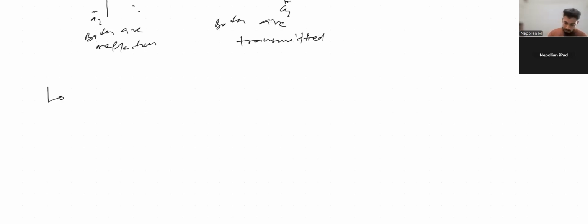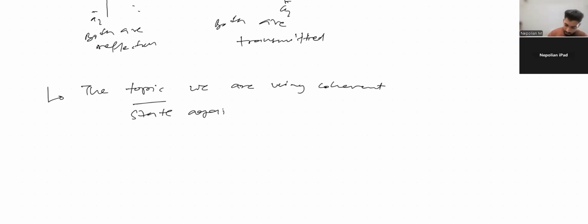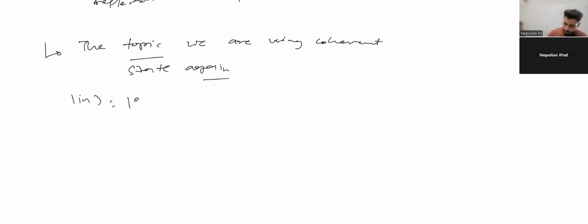Okay, so I'm going to discuss the last point. The last topic is that we are using a coherent state again. The input state in that case was 0, alpha at 1. So we can write this coherent state as the sum over n from 0 to infinity of alpha to the power n over root n factorial, |n>, with 0 at 1. And our output was